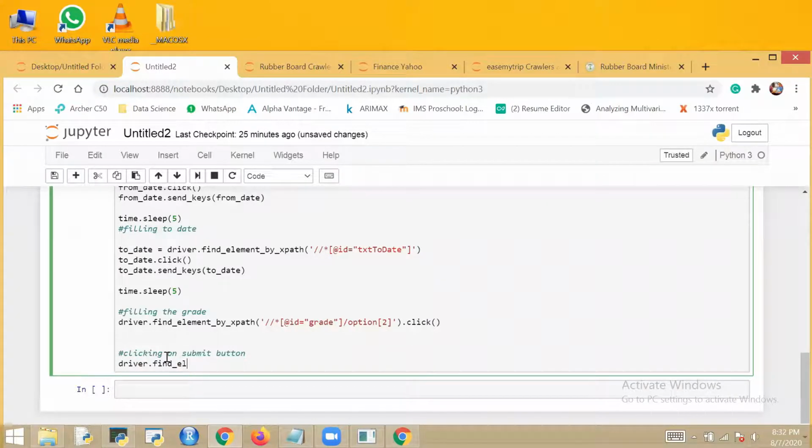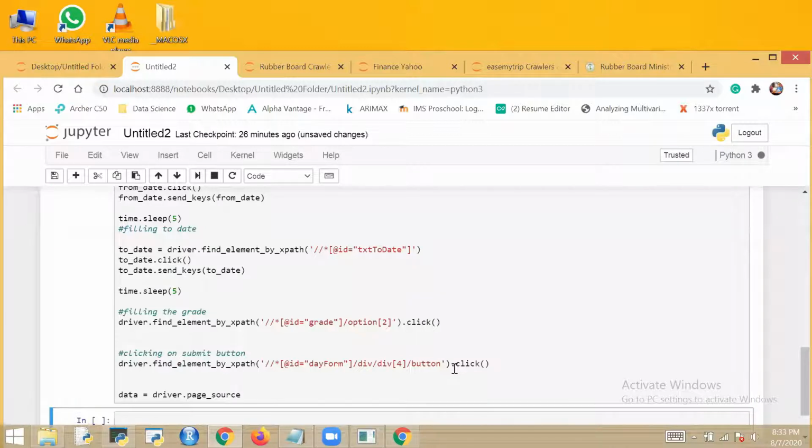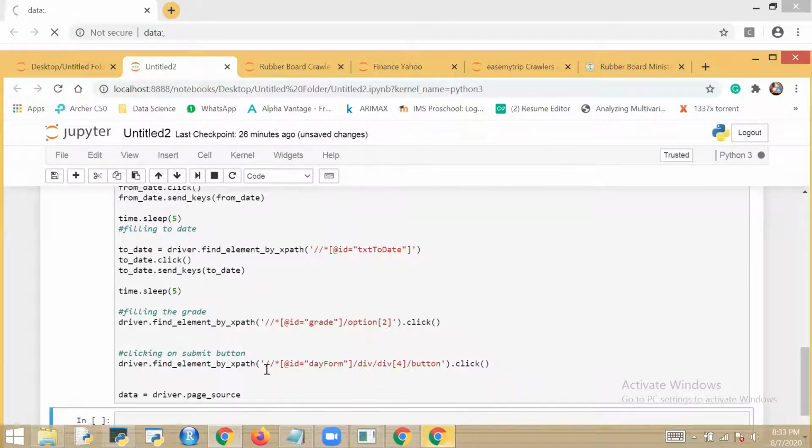Find element by XPath. Post this dot click. I will tell you what it is doing.